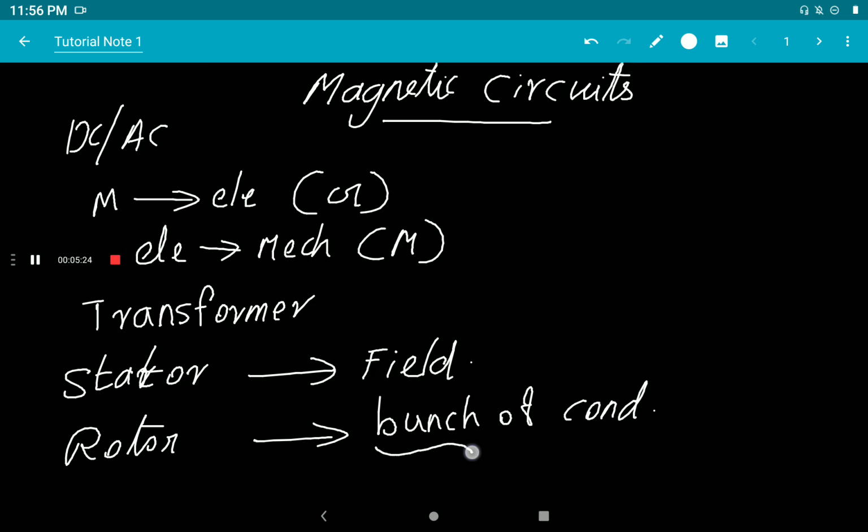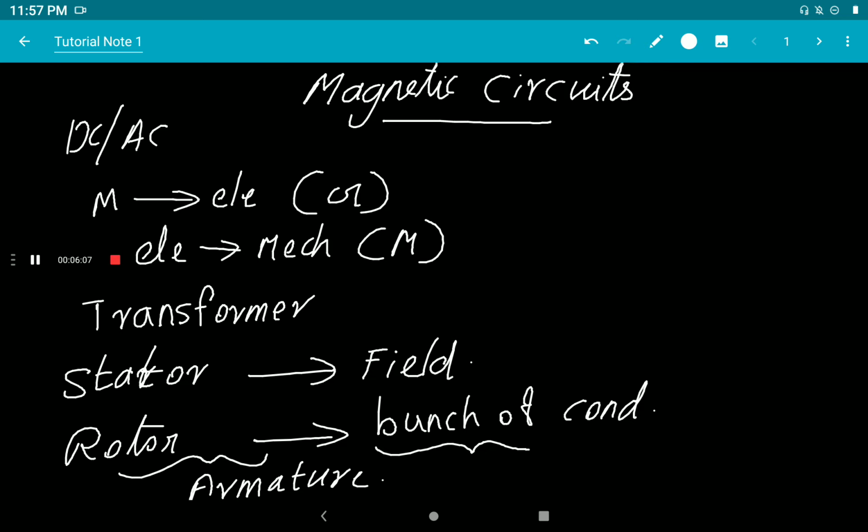Normally, the rotor is known as the armature. These are electrical terms, you just need to know them. We will be using these terms everywhere in this course on electromechanical conversion machines. Normally, the rotor of an electromechanical conversion equipment, either generator or motor, we call the armature. So mainly there are two parts, stator and rotor, one of which will carry the magnetic field and the other will carry a bunch of conductors, and that is called the armature.